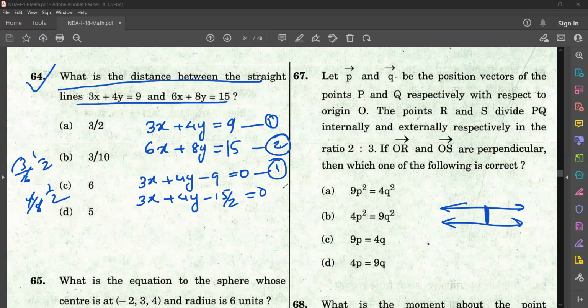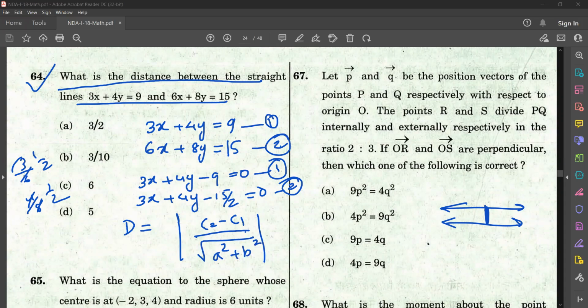Now, if you get two parallel lines, how do you find the distance? Distance is equal to modulus of d2 minus d1, or it can be c1 minus c2, anything is okay, divided by root of a square plus b square, isn't it? So applying this formula, all of you comment the answers also. I'll give you 30 seconds. Comment your answers once you get it. Do it yourself.